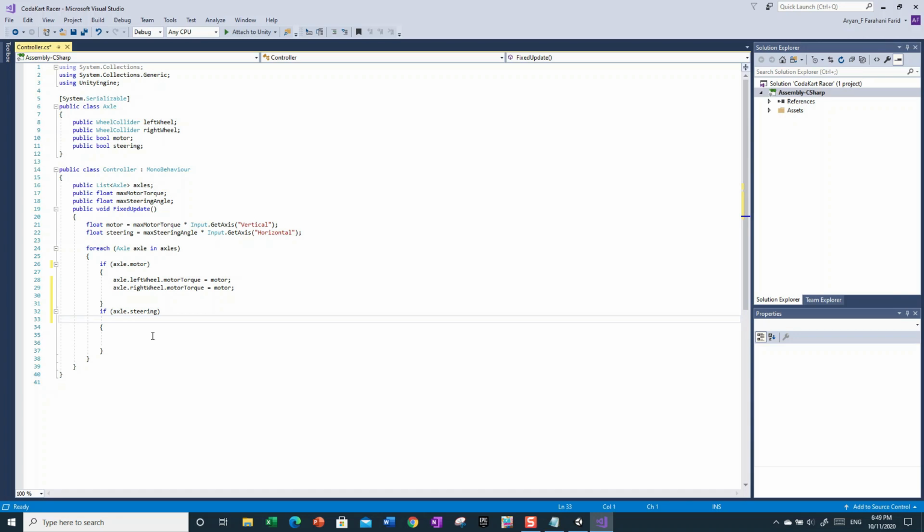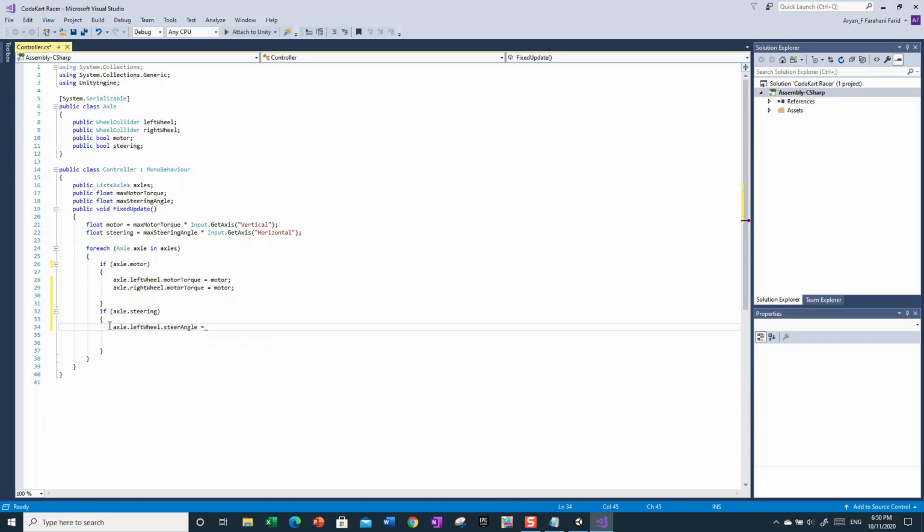There we go. And then once you've done that, go into the little parenthesis here, push enter right here, and then type in axle dot left wheel, and then dot steering angle